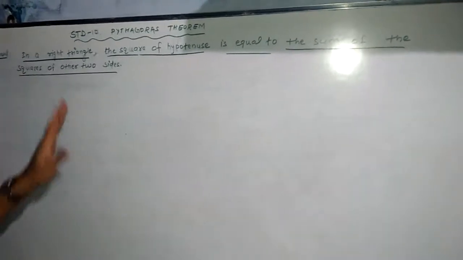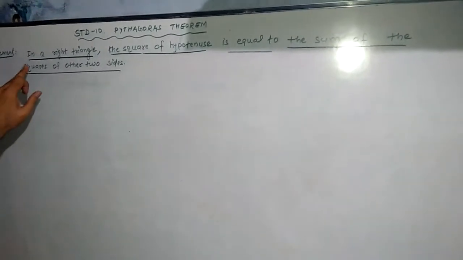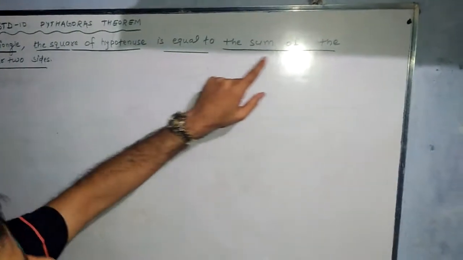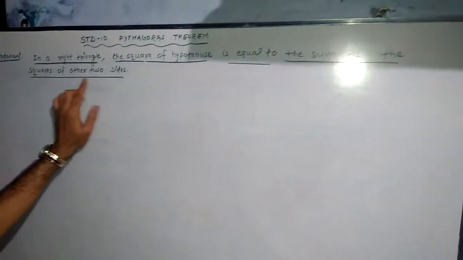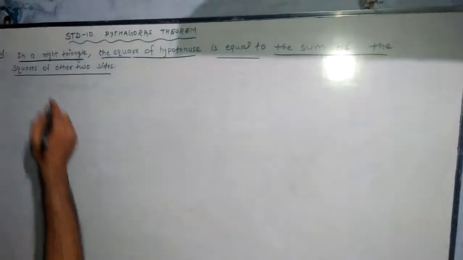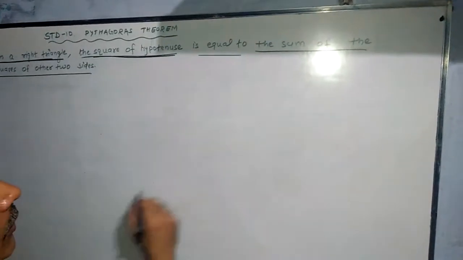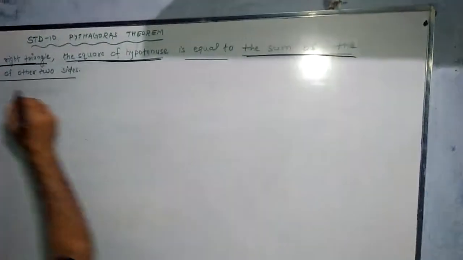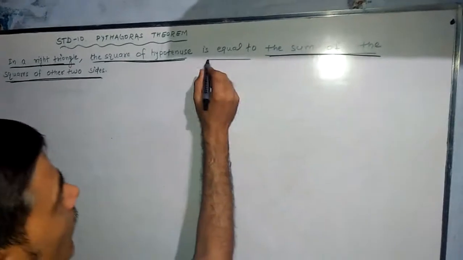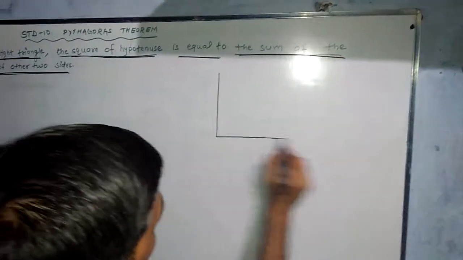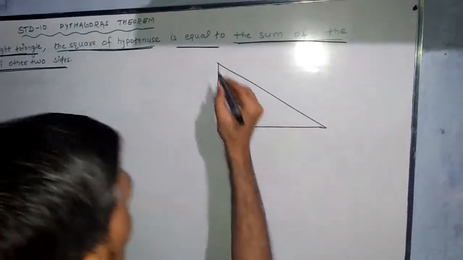The statement of the Pythagoras theorem: given, in a right triangle, the square of the hypotenuse is equal to the sum of the squares of the other two sides. It means the triangle should be right-angled, the square of the hypotenuse equals the sum of the squares of the other two sides. So for this, at first we have to take one triangle, that is a right angle triangle